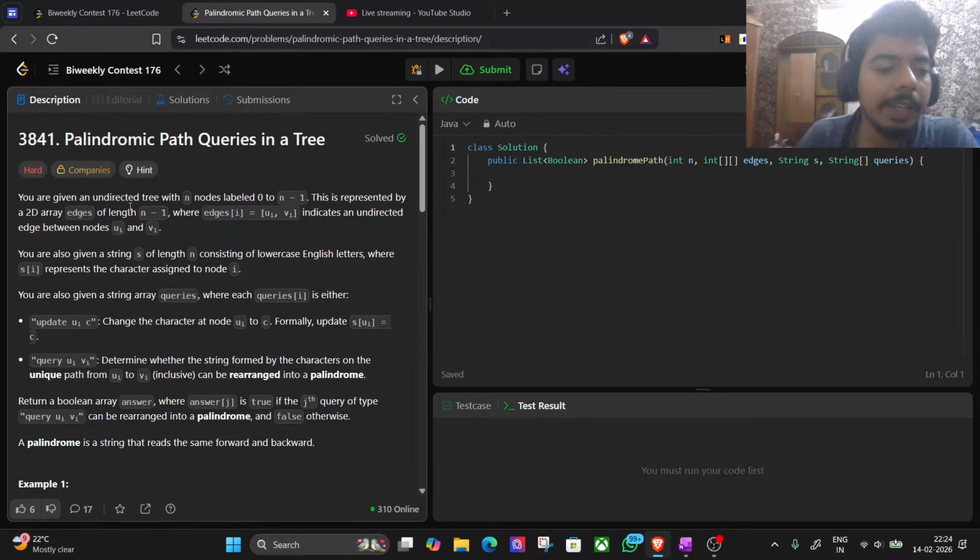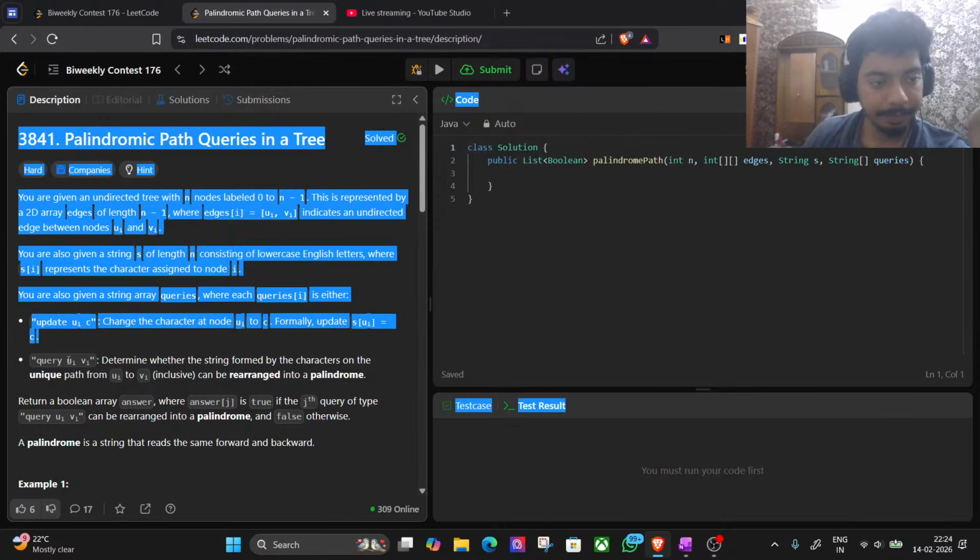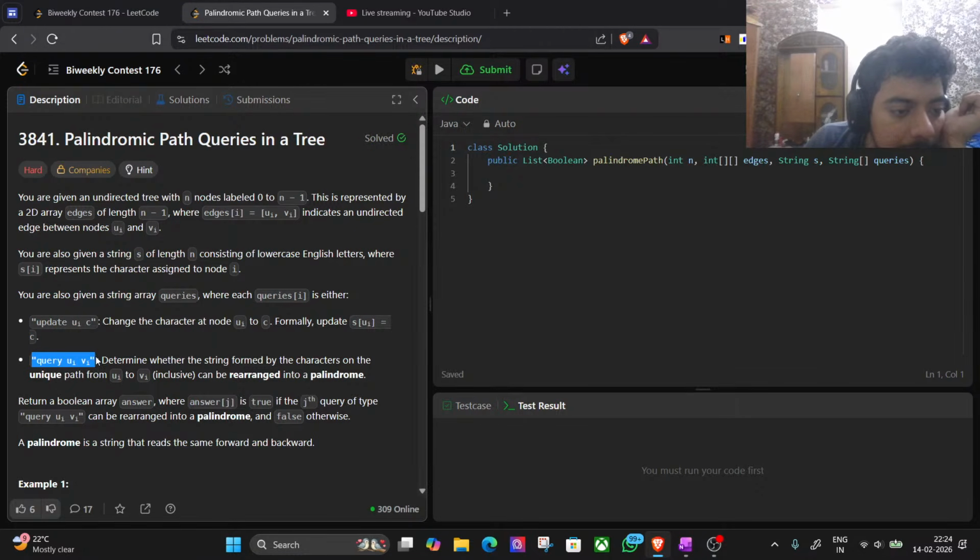So you are given edges and a tree. In that you are also given a string s of length n consisting of lowercase letters, where s[i] represents the character assigned to node i. You are also given a string array queries, where each queries[i] is either update ui comma c, which means change the character at node ui to c, formally s[ui] equals c. Now for queries [ui, vi], determine whether the string formed by the characters in the unique path